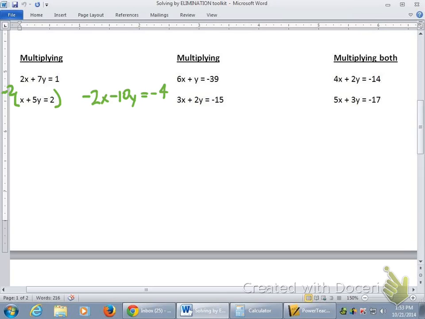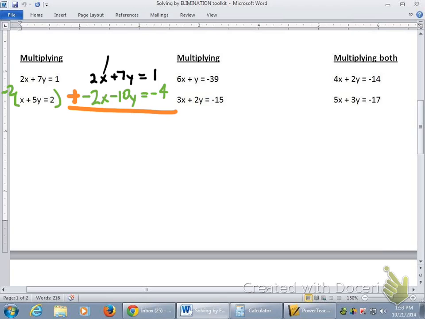Alright, what I'm doing now is I'm actually going back to the same problem. On the last one, I multiplied it by 2. But someone noticed that, hey, if I would have multiplied it by a negative 2, then these two signs would have been opposites of each other. So why do I like that? Well, I like that because generally speaking, I'd rather add than subtract anyway. So 2x plus negative 2x ends up being 0x, and now I can use my elimination method with addition instead